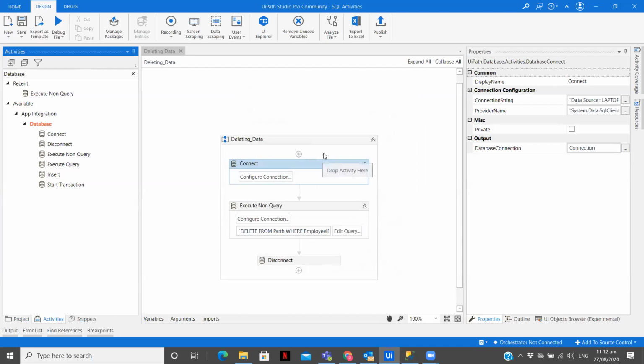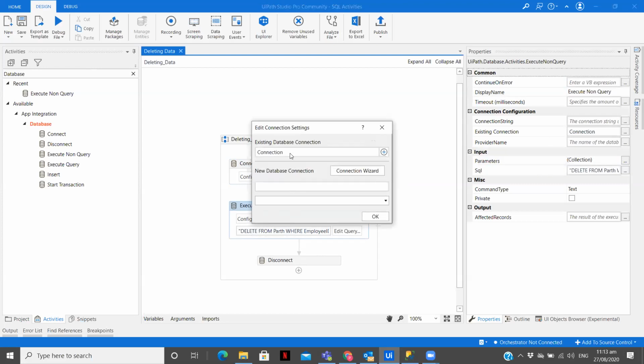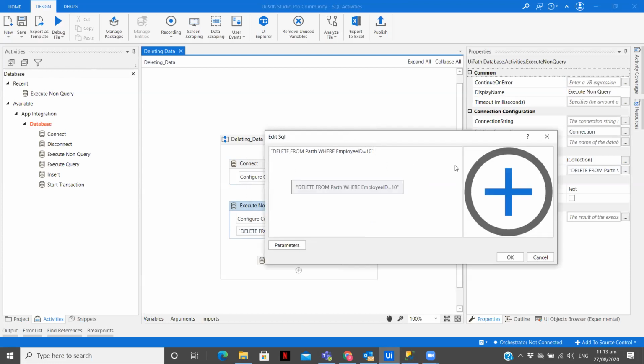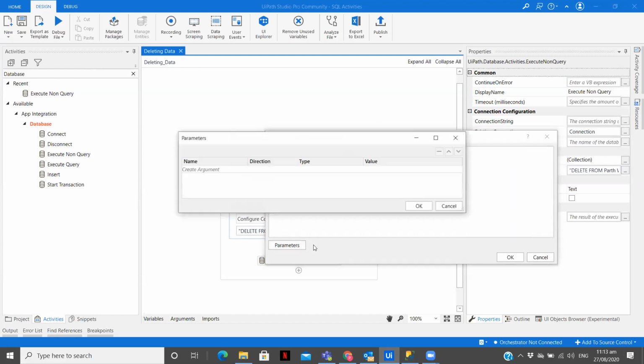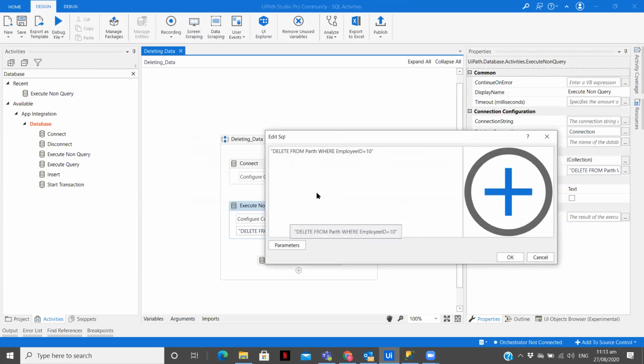Now you need to create one variable for your connection. You can see over here, database connection, so that you can use it further to disconnect or to execute some query. Now the second step: we are going to pass our existing connection variable. If you click on this, you can create a new one or use the existing one. So we have done that. Now edit query. Here we have to write the query. Parameters are used when you want to dynamically pass data from the workflow into this query. I have a video on how to dynamically pass that in this playlist, so you can check the previous videos.